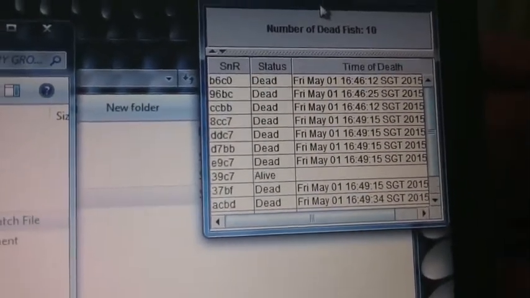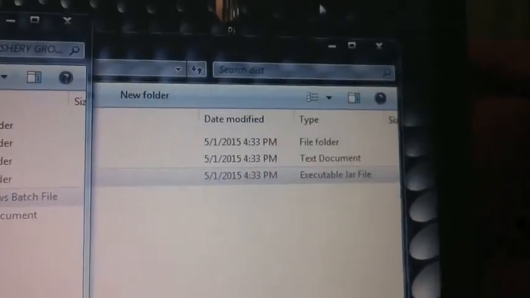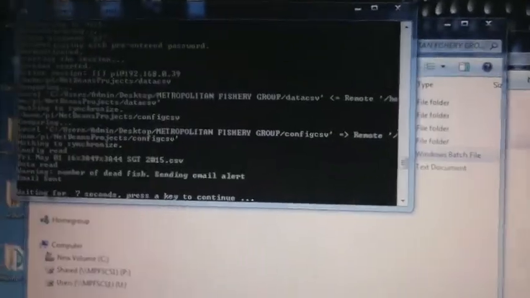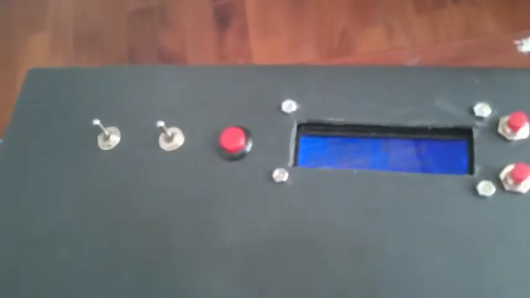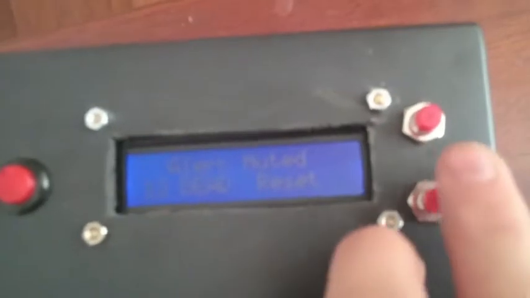So as you can see from this window, you see all the statuses of all the fish and their time of death. Okay. So now we will reset the system and remove all this first. Okay, let me activate this. So let's say that the alarm is going on, and then after that the farmer removes all the dead fish and throws away all those dead fish. So now all those tags are gone. Then when he clicks the reset button,